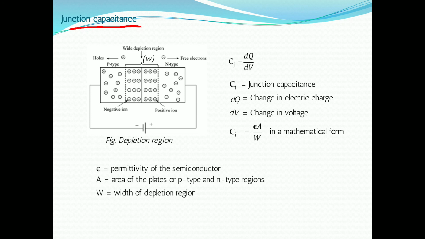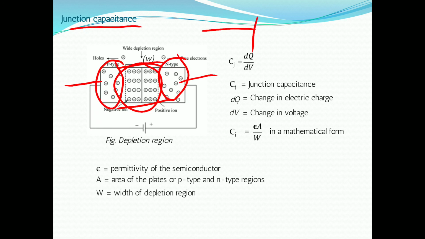And here two types of charges are there, due to accepting impurities and due to donating impurities. So these are negative ions and these are positive ions. In this case, the P type and N type work as contacts, and these two contacts are separated by this dielectric material. So it is equivalent to a capacitor like this. This is the conducting plate, this is the conducting plate, and inside this region is a dielectric material.